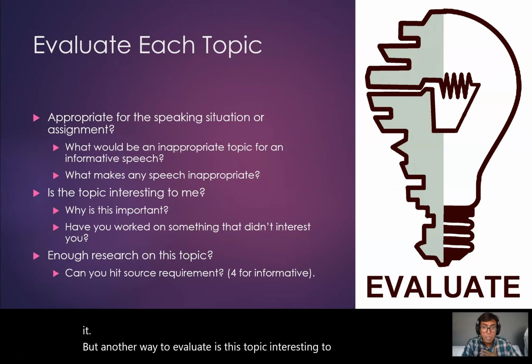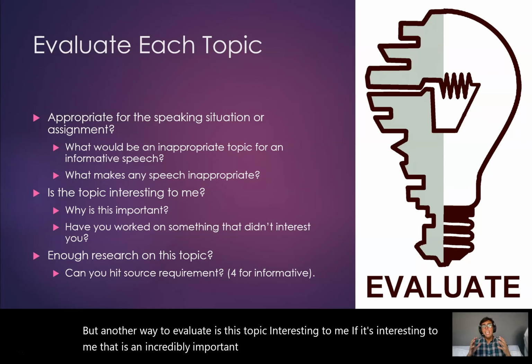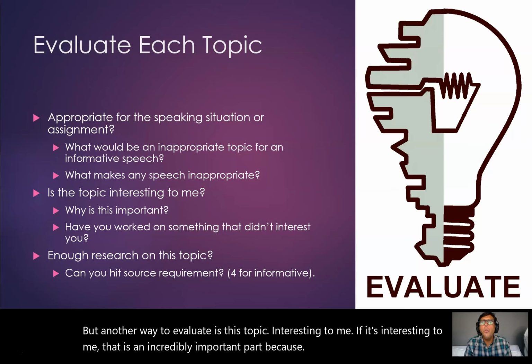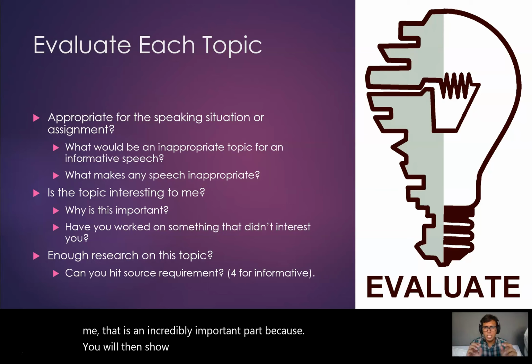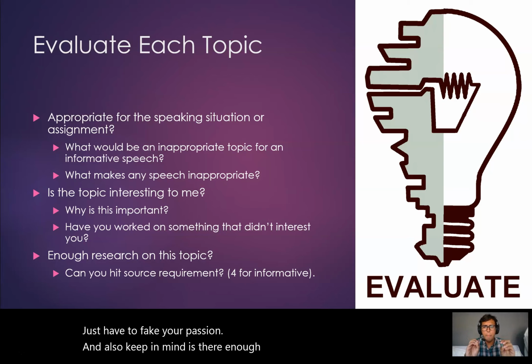If it's interesting to me, that is an incredibly important part, because you will then show your passion versus just having to fake your passion. And also keep in mind, is there enough research on this topic? Can you hit the source requirement?